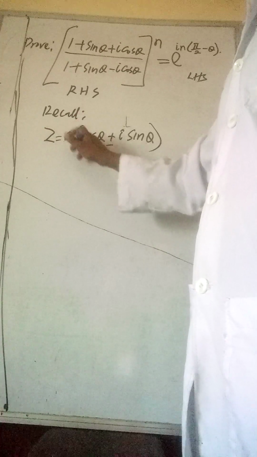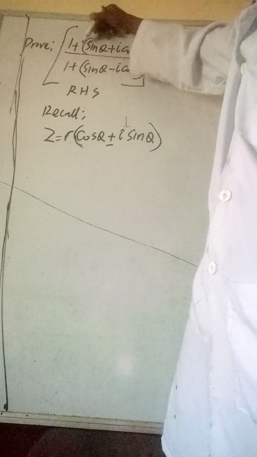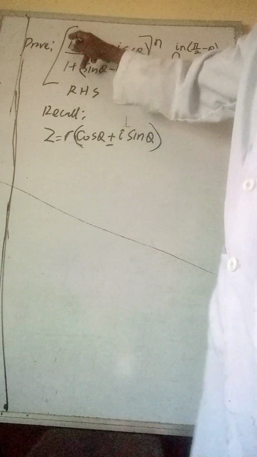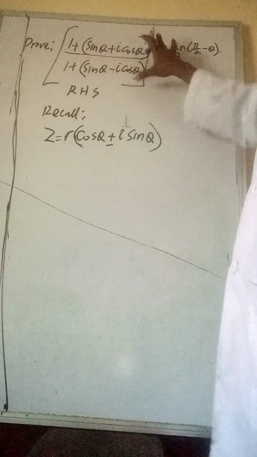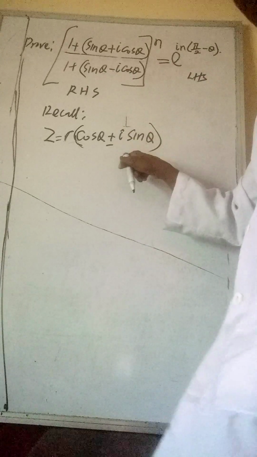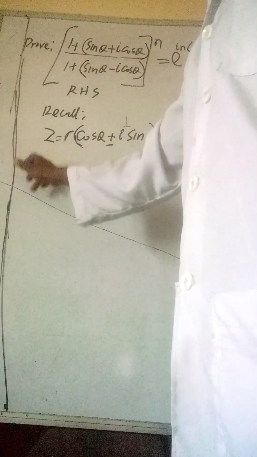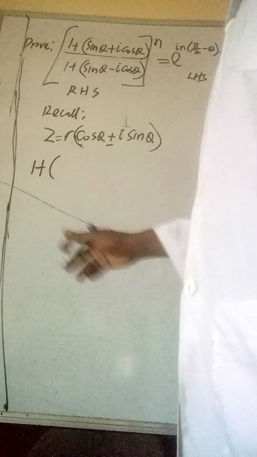With a modulus r, but here we can say that modulus r will be 1. Let me put all this one in bracket so that this 1 given here is not the modulus. Take note of that. But there's an invisible one here, and there's an invisible one here. So these two ones here, up and down, are separated from this. So the first step is to rewrite this in the right form of a complex number. Okay, let's go there. How do I now write it? That will now be 1 plus, open bracket,